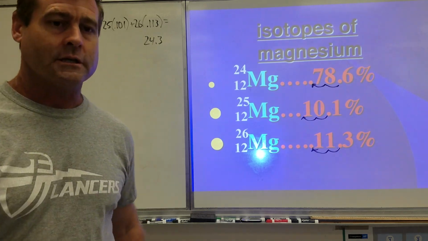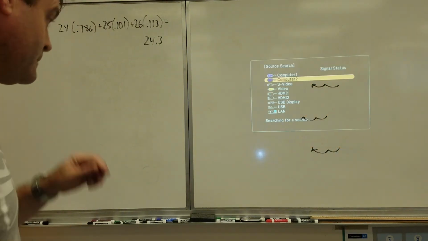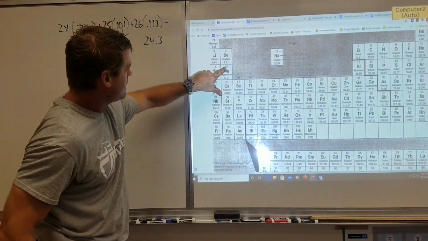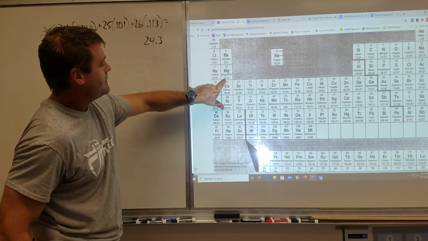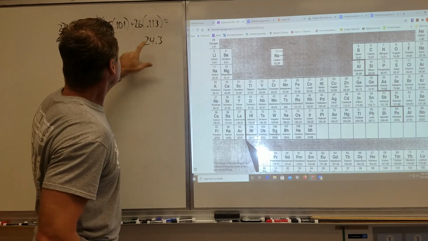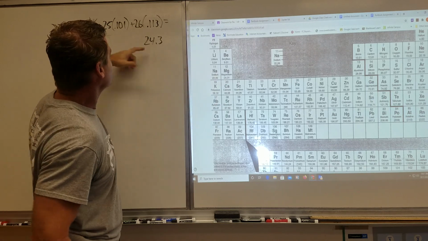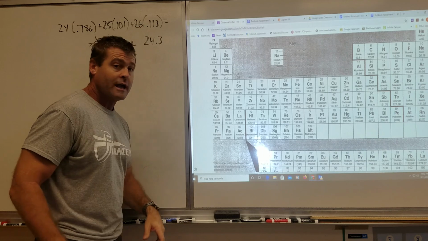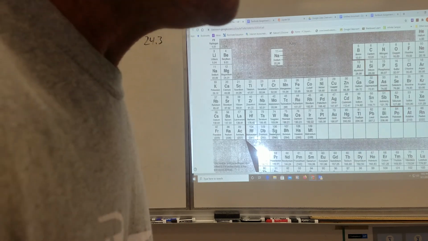Well, what do you know? Check this out, guys. You will notice, here's magnesium right here, and its atomic mass is 24.31. So you see, this is where this value comes from. It's the average atomic mass of all of the isotopes of that element. Okay, so what I want you to do is just finish with